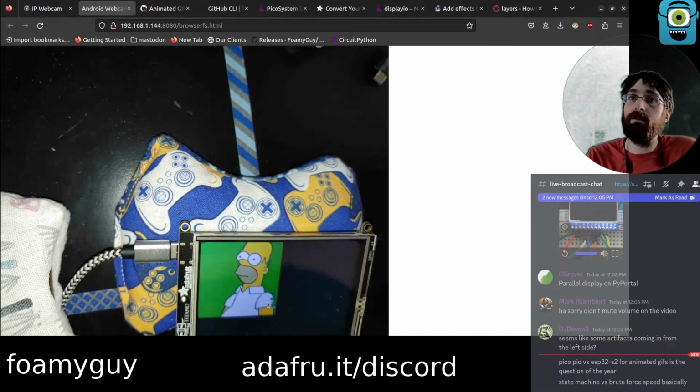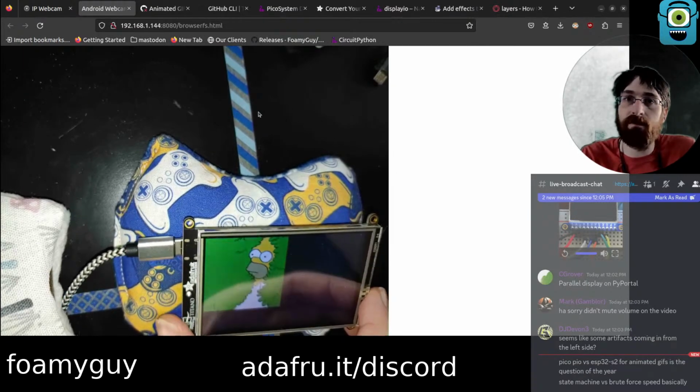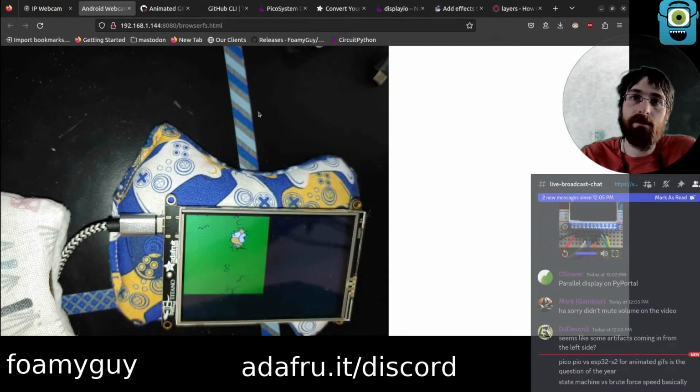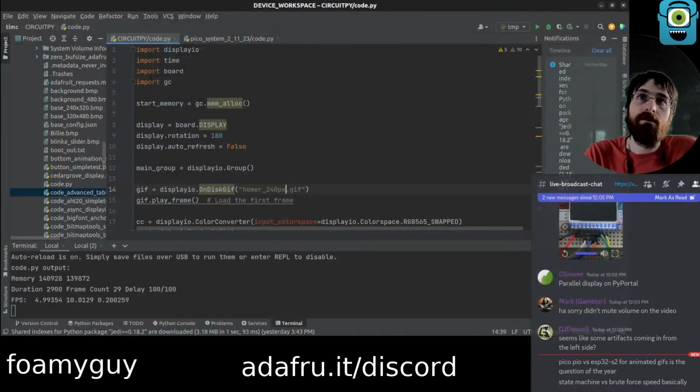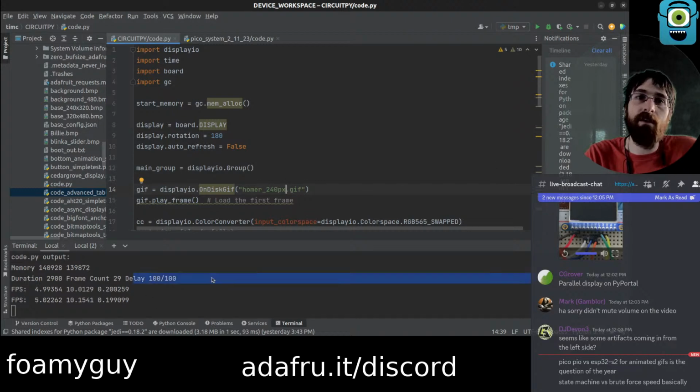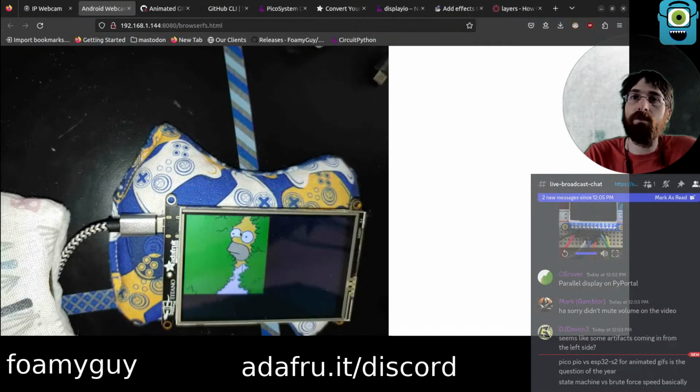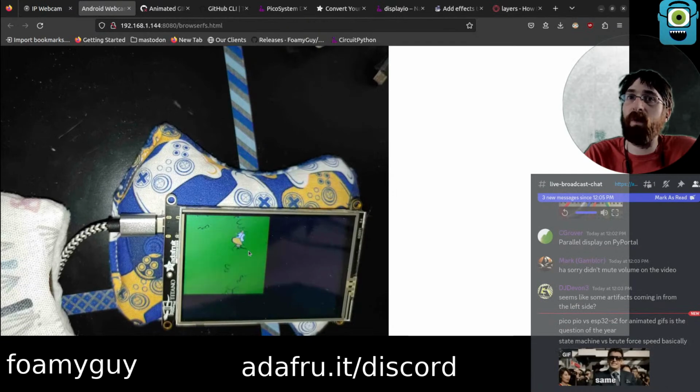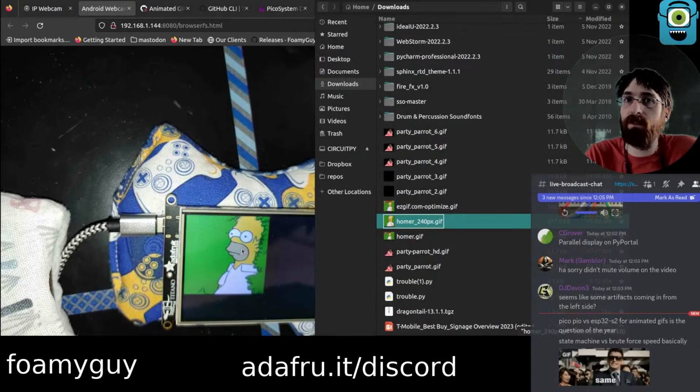That's actually pretty good. That's actually quite a bit better, honestly. A parallel display actually does make a pretty big difference. Five frames, so an additional 2 frames per second. However, it does say the delay. It does show the delay set to 100 there. So we're closer here. We might actually be able to gain a bit this time by speeding that up. On the other device, it didn't feel like we had any room to grow there.